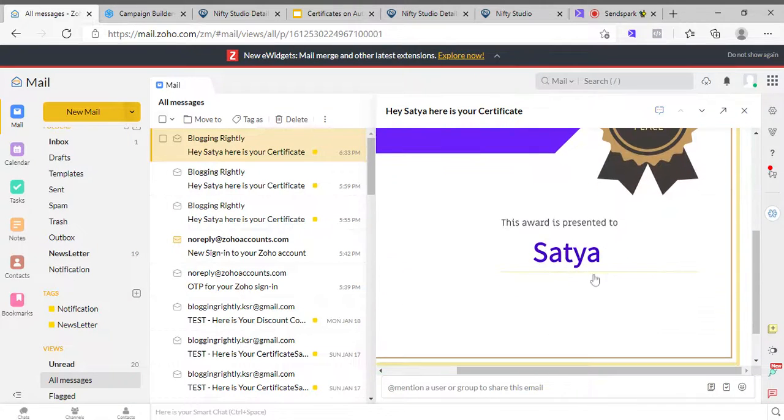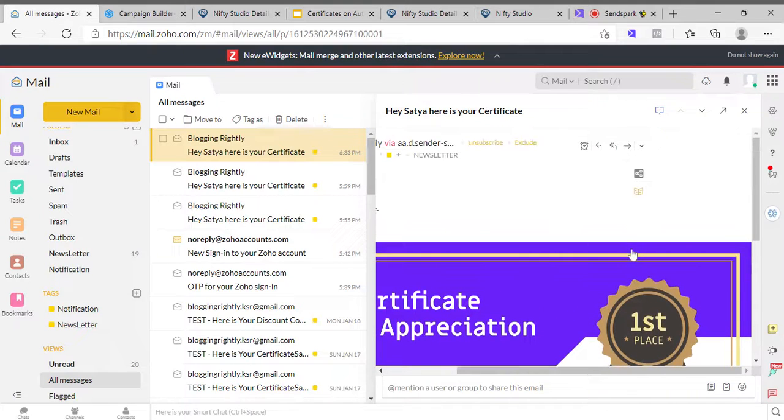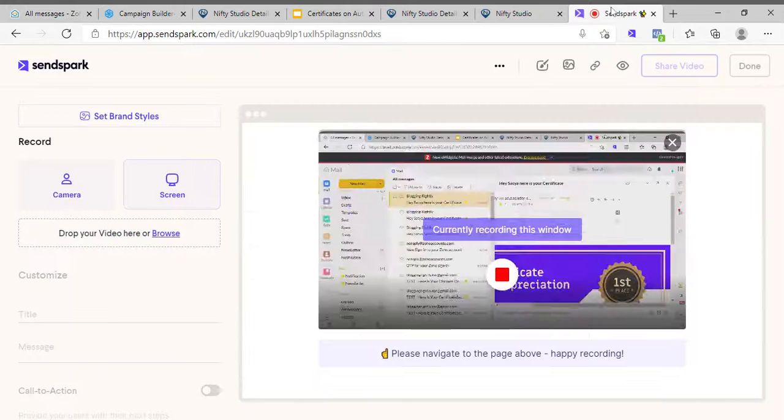So here I already obtained the certificate. Like this, you can send to n number of people. Once you have the capability to send, in terms of email sending limits, and you have the template ready, you can send to n number of people easily on autopilot. You just don't need to edit the template or do anything else.